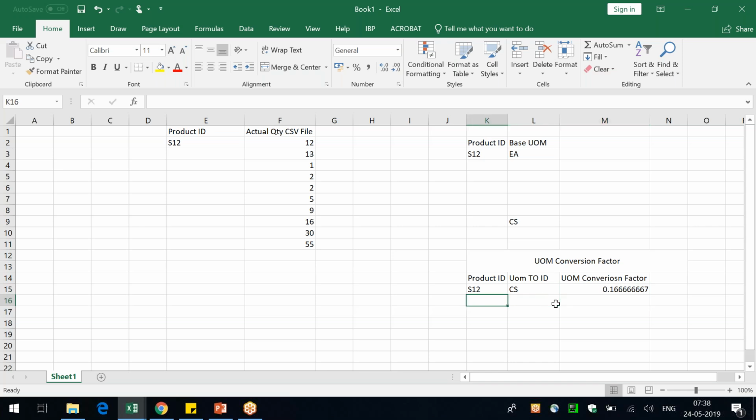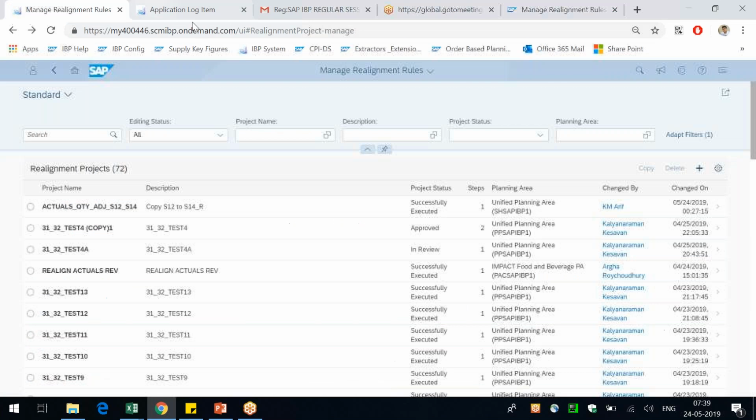But you also have to maintain a conversion factor for eaches. Even this is a mandatory item that you should load. Why? Because the majority of the key figures at the request level always request at the UOM2 level. For example,